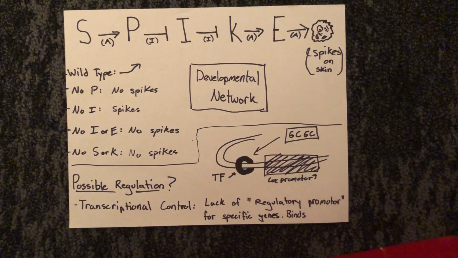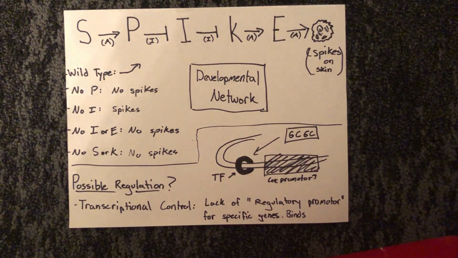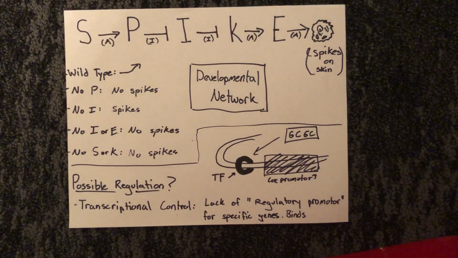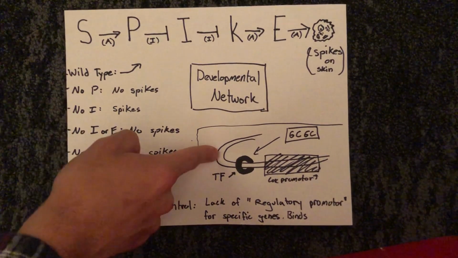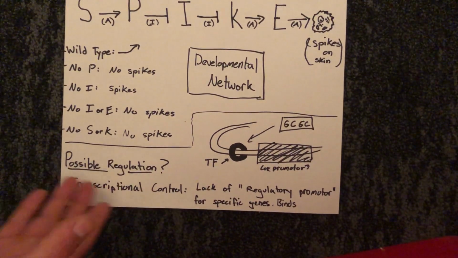Relatively self-explanatory. The way that we could have differences, even on cells that are right next to each other on the same organism, is through variations in gene regulation and expression, and a possible example of this or means of it could be transcriptional control. So when the gene is actually being turned into RNA, so like messenger RNA from DNA, for example, as you can see here,